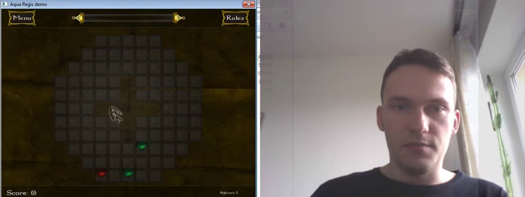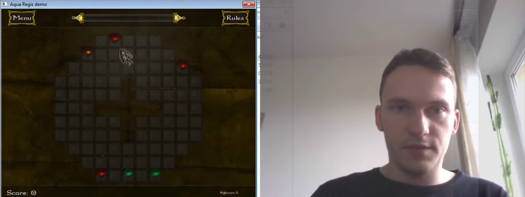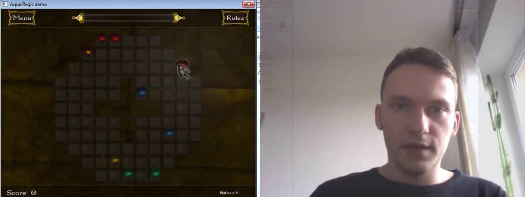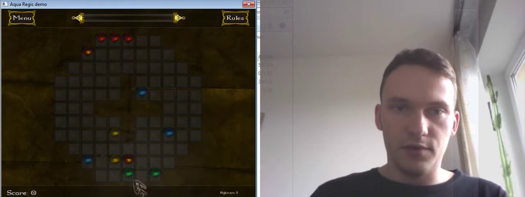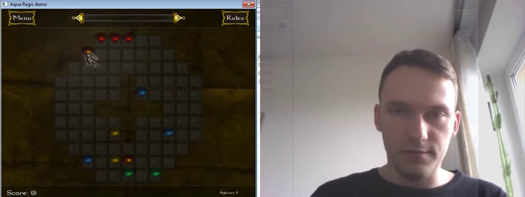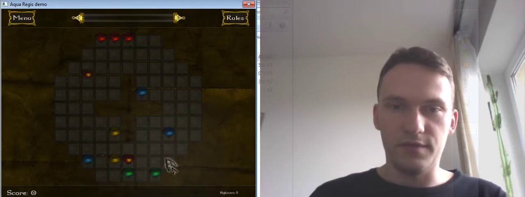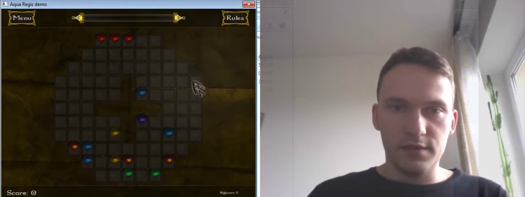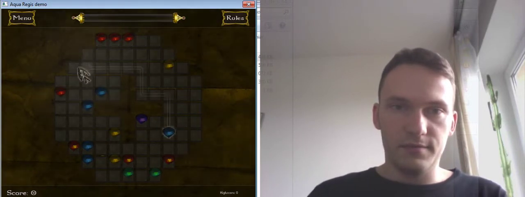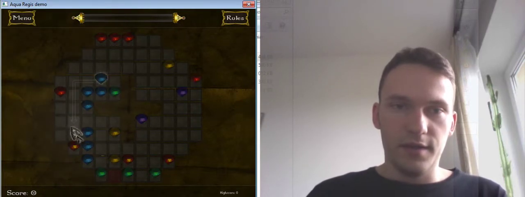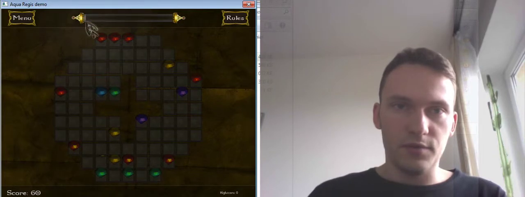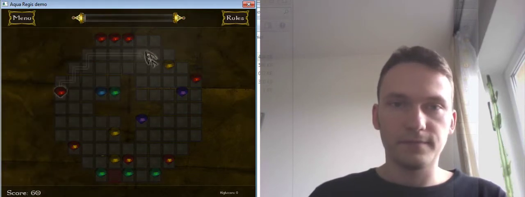So we've got a gap in the middle of the map on this map, but you will see that the progress bar fills with liquid over time, and it's a little bit more difficult on this level because its shape is weird.